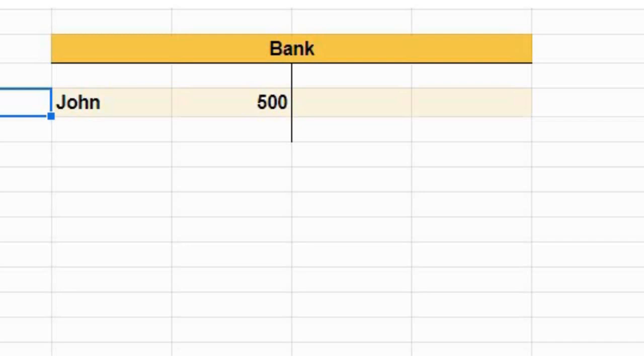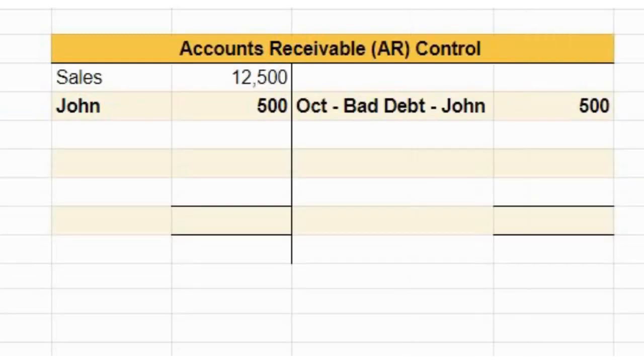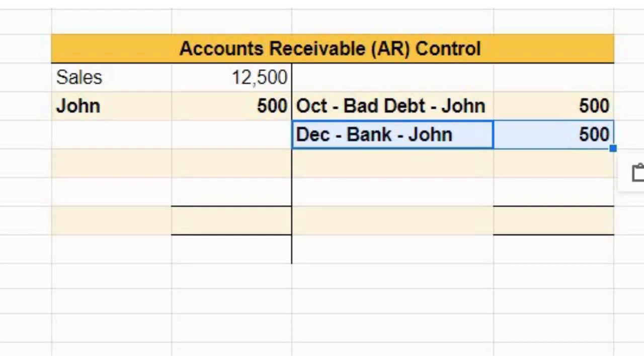So here we are at bank, £500 received, so the other entry in this example is going to be accounts receivable control, and this is the accounts receivable control account before we've done the other entry from the bank account. And there it is, December, the cross reference is the bank account and our reference is John, but we can't leave it like that because what we've done in October is reduce the accounts receivable balance